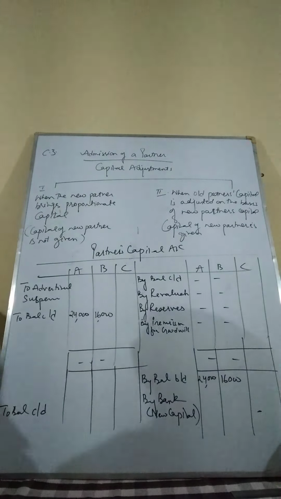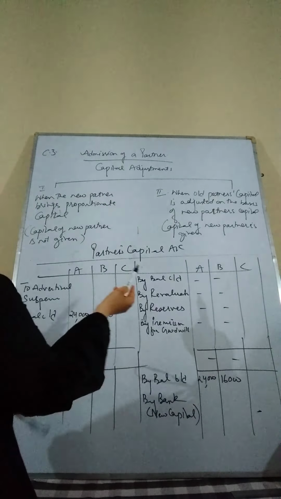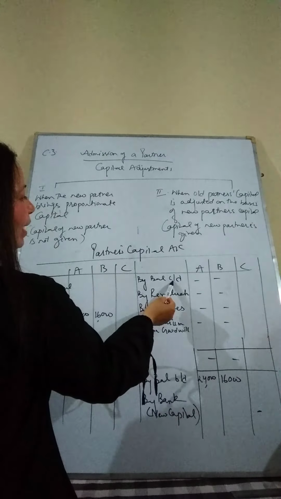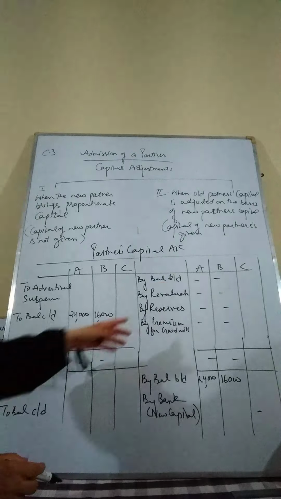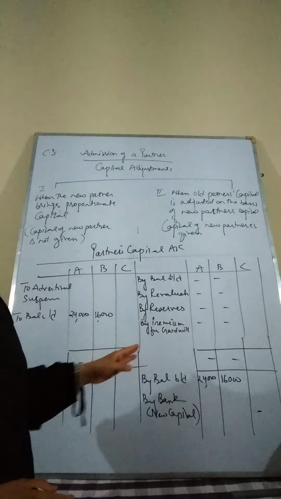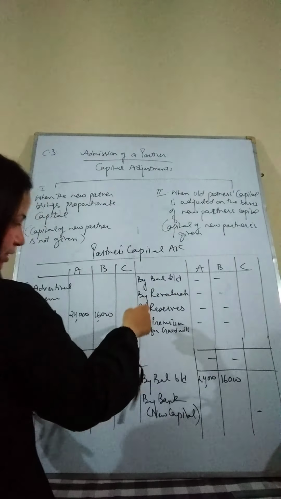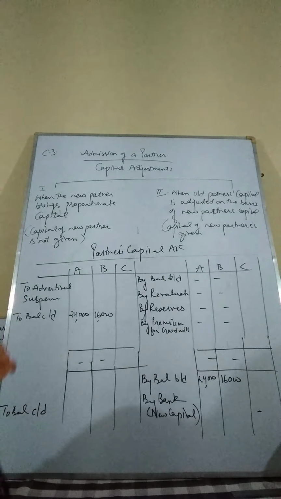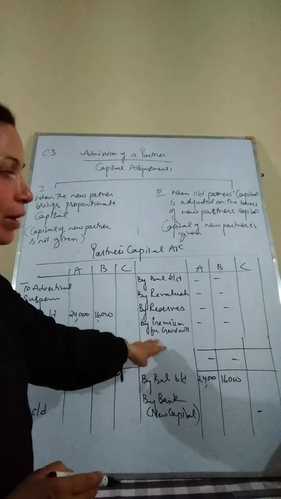Let us have a look at the capital account. Here is the capital account of all the three partners that I have made. Whatever balances were there were not given in the question, so I have not taken them. By balance brought down, you will bring down the balances from the previous balance sheet and you will write in old partners' capital as they will be given in the question. Then revaluation profits, then any reserves treatment, then premium for goodwill if the new partner has brought it in, then it has to be distributed in the sacrificing ratio, that will be adjusted.